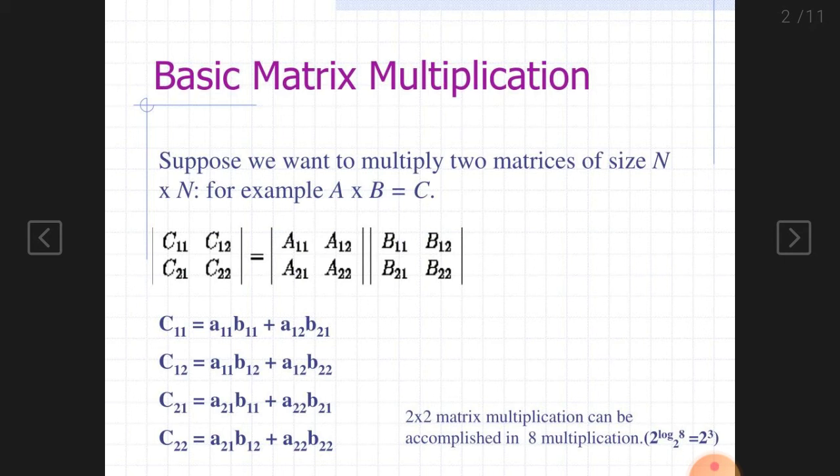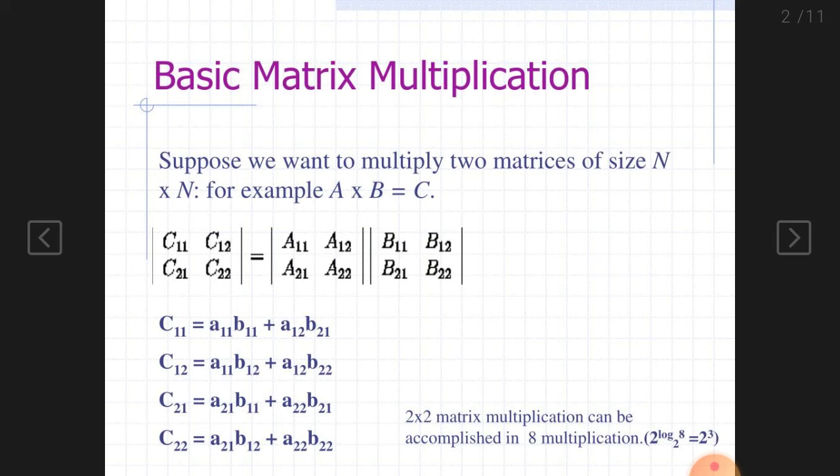For example, A into B is equal to C. So the number of columns of A and the number of rows of B should be equal, and if the size of